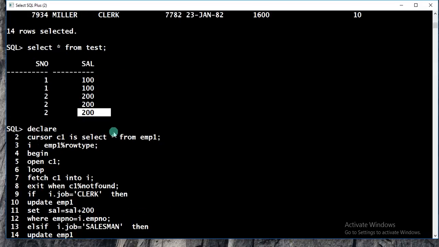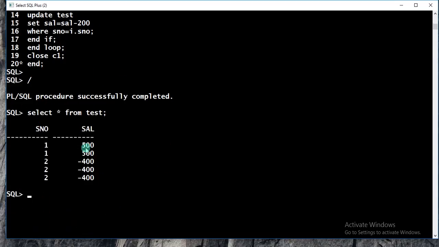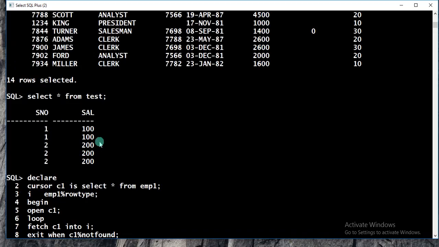But however many duplicate values there are on the test table, that many times the record values are affected. 2 records will be there, 200 plus 200, 400, and already 100 is there on the base table, so 500 will be displayed. This one is also the same.